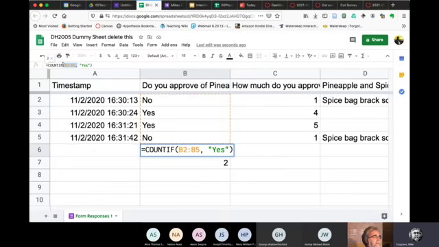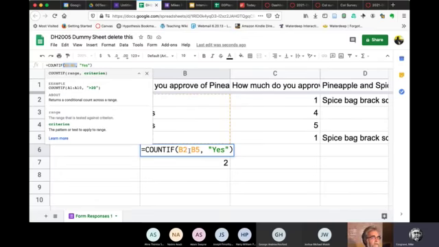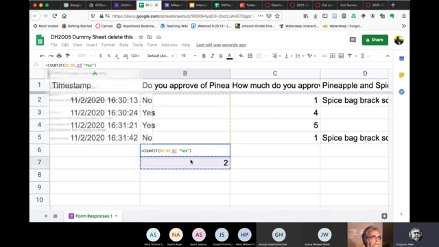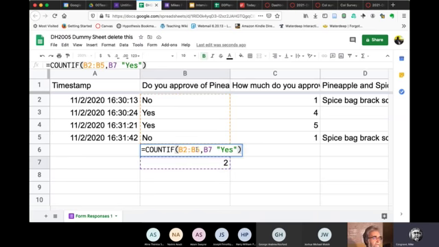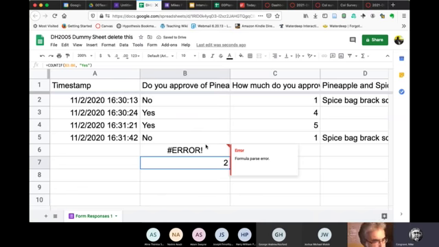This one here is operating on B2 to B5, okay? This one, sorry, don't want to destroy it. This one is operating on B3 to B6.